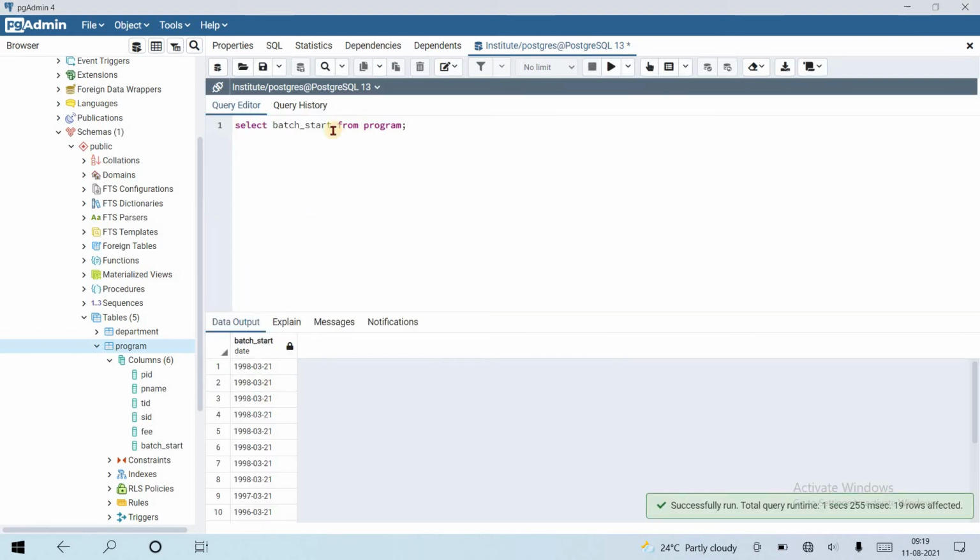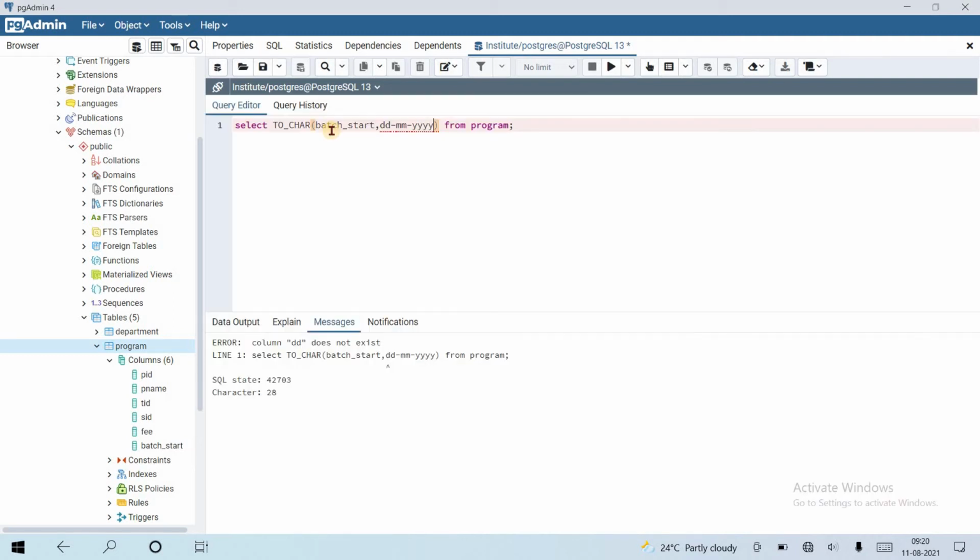Suppose we convert this batch start to character, to_char batch start, and suppose the format is ddmmyy. It says that no format exists. Make all these capital. You can see this. Now see whether this is working or not.